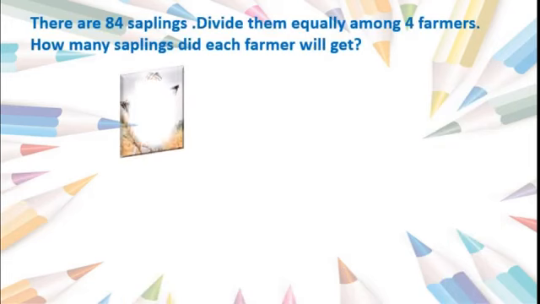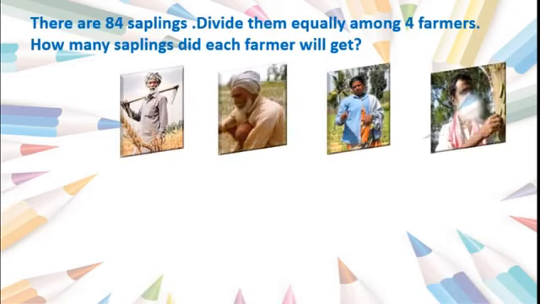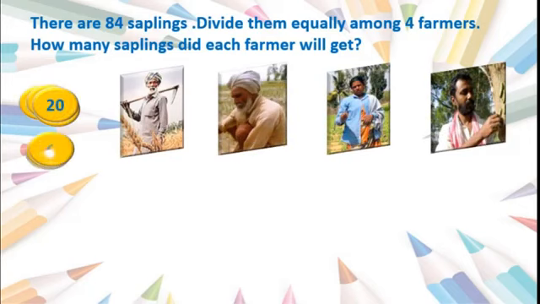What did the fourth farmer say? This is the first one, second one, third one and fourth one. Fourth farmer said that we have 84 saplings, isn't it? So, starting only we will divide 20 saplings to each one. Why divide first 10, then again 10? We will directly divide 20 saplings we will collect from the stock. Okay. Then all said okay.